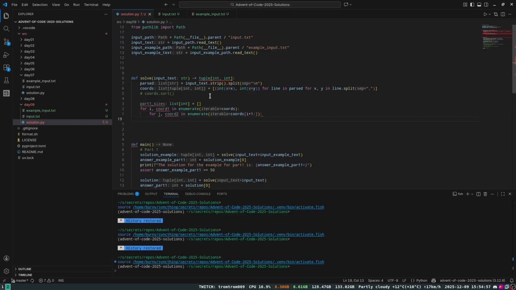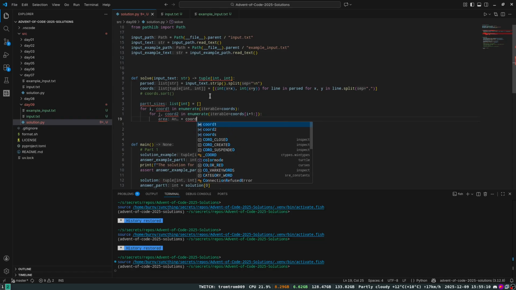This would be n times log n, right? And then we just calculate the area of chord 1